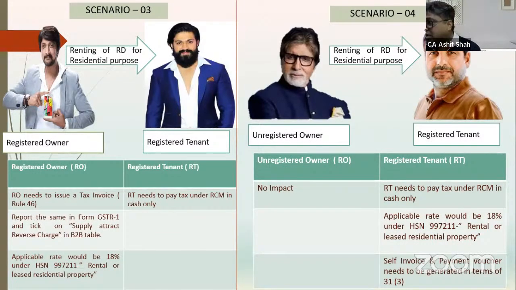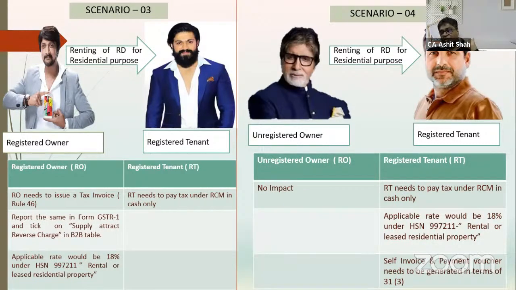Owner is registered and tenant is also registered under the GST law, and the residential property has been given for residential purpose. Now what will happen? Since the lessee or tenant is registered under the GST, this provision will invoke. And what is the provision? It says that the registered person, that means here the tenant or lessee, has to discharge the tax liability on the renting of immovable property. Though he is using it for residential purpose, he has to discharge the tax liability under reverse charge mechanism at